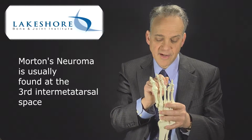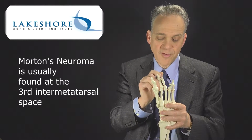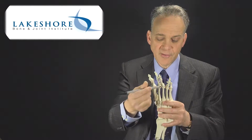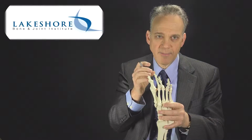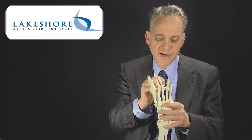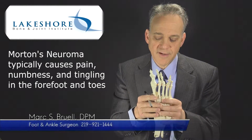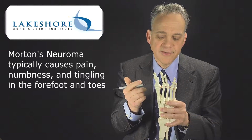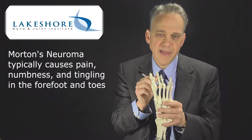Anywhere where these bones get narrow is a potential spot where the neuroma or the nerve itself can get pinched or entrapped. There's also ligaments on the top and the bottom, which also can tighten down over the nerve. Over time, the nerve tends to swell and scar tissue starts to form in the nerve. People think of it as sort of a type of a tumor. It's not any sort of a very dangerous tumor, but typical Morton's neuroma is more or less a painful condition